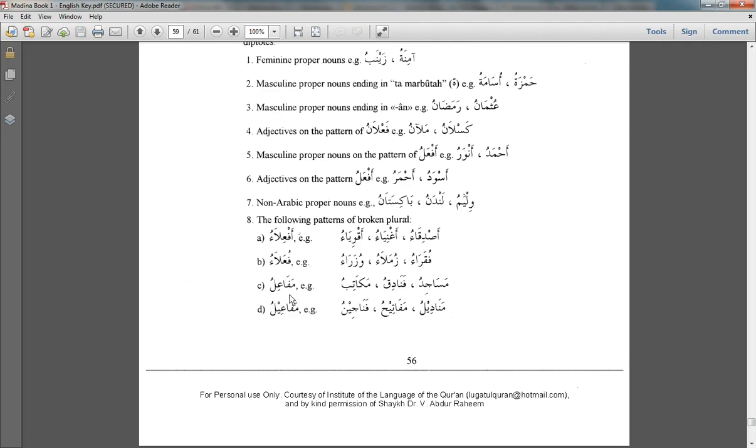Again, you have the root letters here, mafa'ilu, and also fanadiqu, although that is not mafa'ilu technically, because that fa is regarded as one of the root letters, but still because it's on the same pattern, it's basically the same shape, therefore it's regarded as also غير منصرف. مفاعيل like فناجين, مفاتيح, and مناديل.